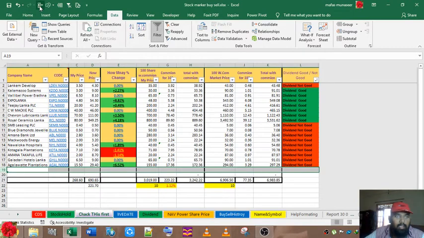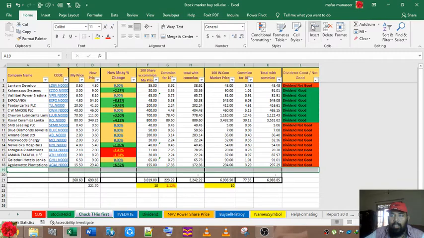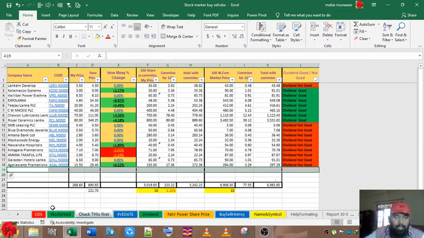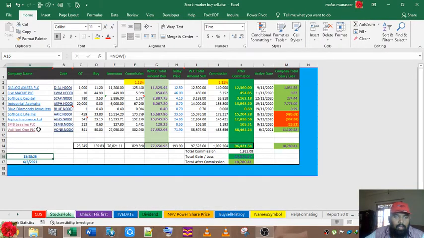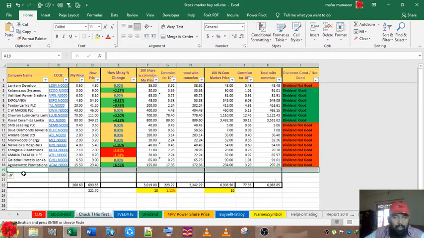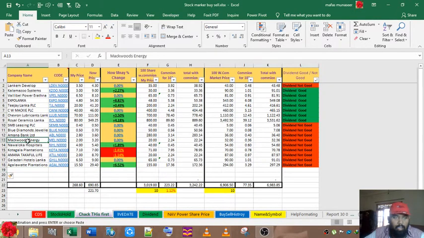You can insert; I made an insert button here. So it's Home, Insert. For example, I'm going to take this company, Valuable One. This name is not linked, so it has to be linked.